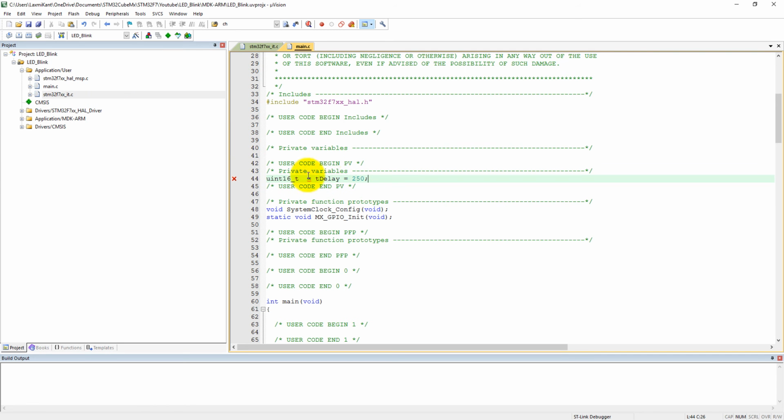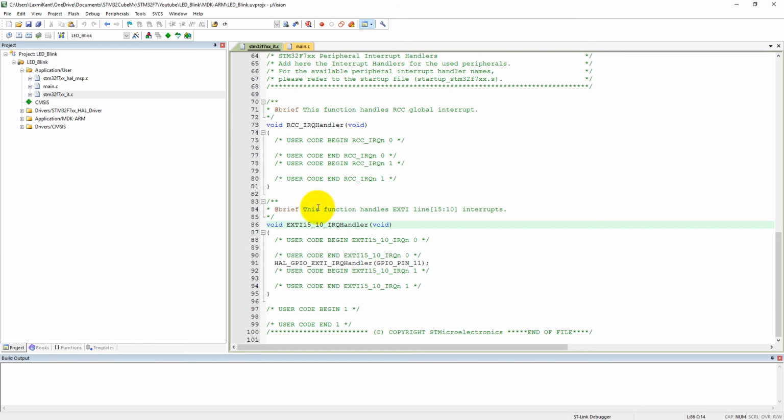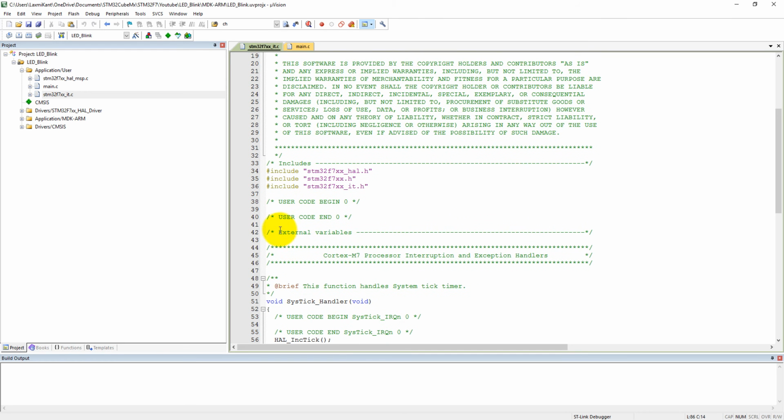Then pass this variable into the other file, so we need to define it as extern here.